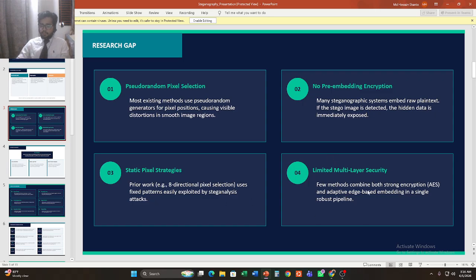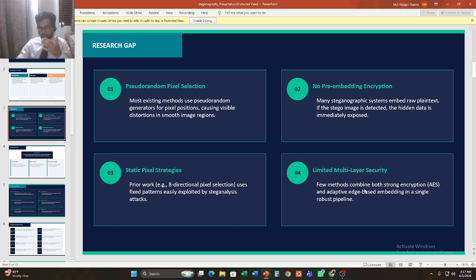Gap number 4, limited multi-layered security architecture. Very few existing methods successfully combine strong symmetric encryption like AES with intelligent content-aware pixel selection like edge detection in a single unified system.